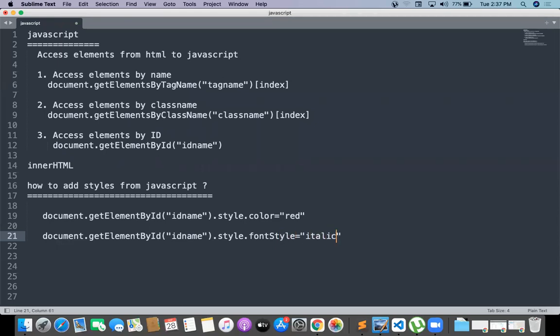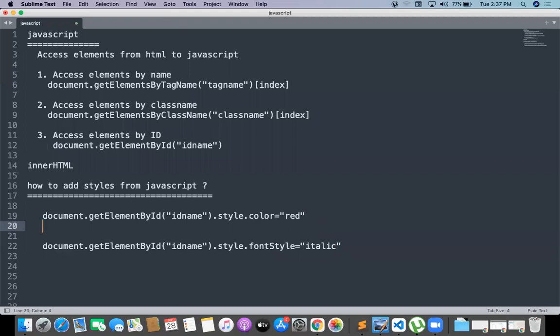This is in CSS. How is this in CSS? In CSS it is color colon red, and font hyphen style colon italic. But coming to JavaScript, whenever you find a hyphen in a CSS property, that hyphen gets converted to camel case letters.